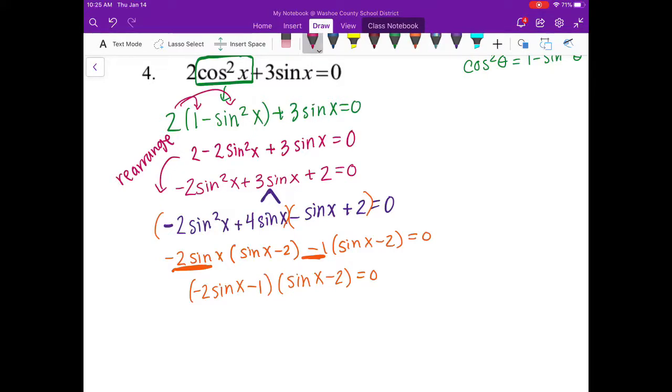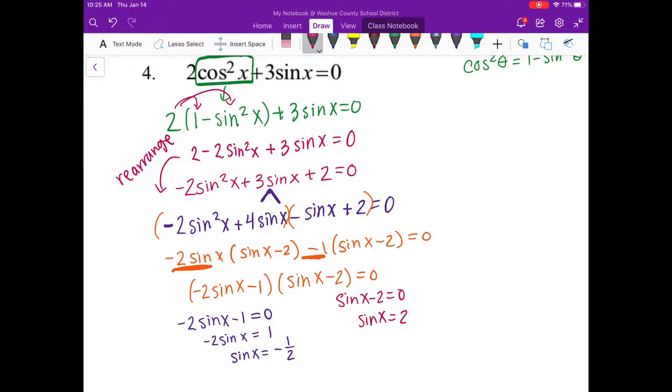And then you're going to set each of your factors equal to 0. So -2 sine of x minus 1 equals 0. I add the 1 over, and then I divide by 2, or the -2. So I get -1/2 for that one. And then for this one, the sine of x minus 2 equals 0. When I solve for that,